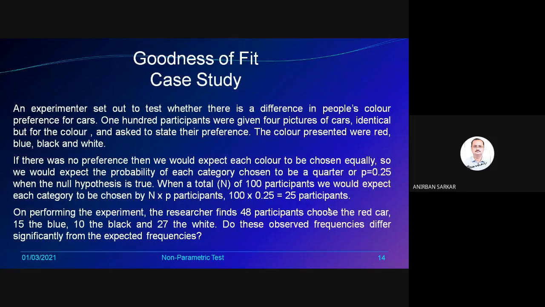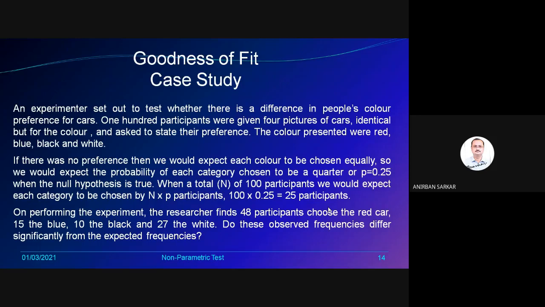So we would expect the probability of each category chosen to be a quarter, that is P equals 0.25, when the null hypothesis is true. With a total sample size n of 100 participants, we would expect each category to be chosen n times p, that is 100 times 0.25, which is 25 participants each for red, blue, black and white.